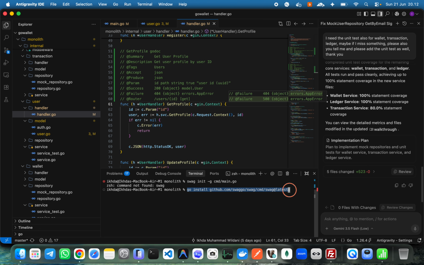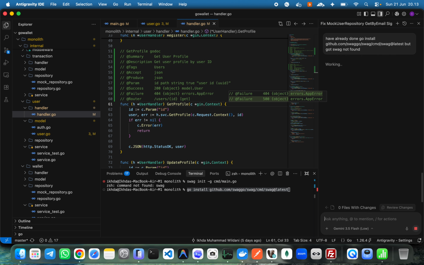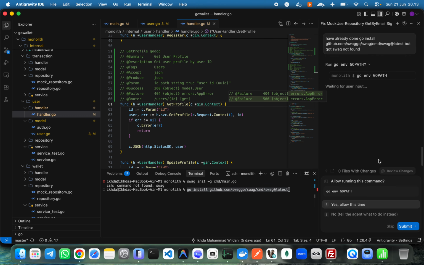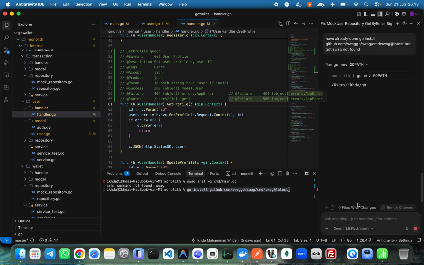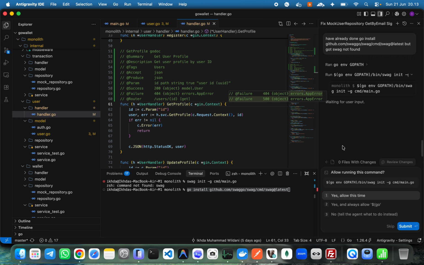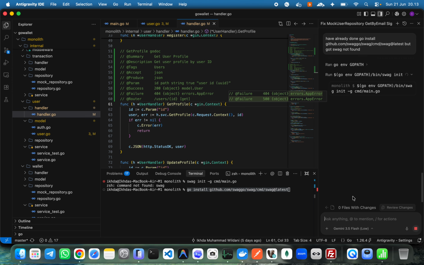Go install have already done, but got swag not found. Sync go env path loaded time, and then go env bin swag. Okay, I think this, yes,